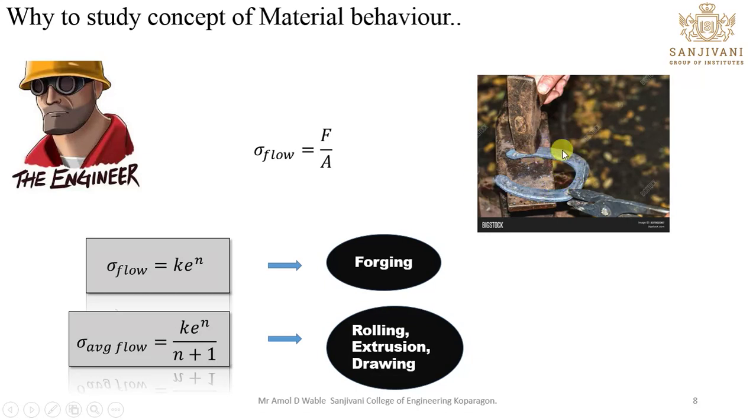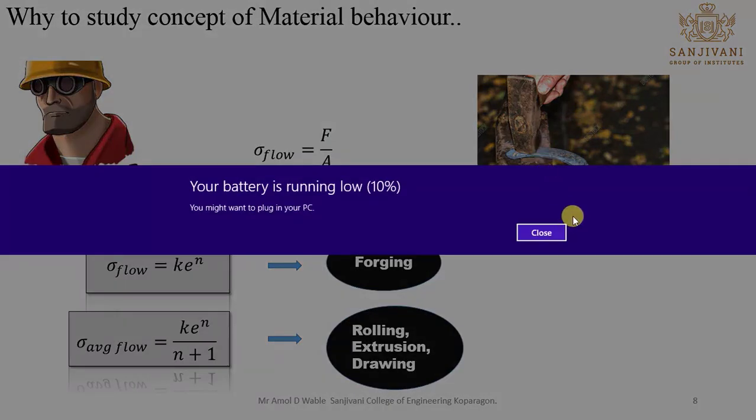But as an engineer, if you calculate the exact force required to give the final shape, then you can reduce the number of blows required to give the shape, and you can also reduce the time. So where he requires an hour or 2 hours to get this shape, as an engineer, if you know the exact external force to be applied on it, you require hardly 5 to 10 minutes. So that is the work of an engineer.